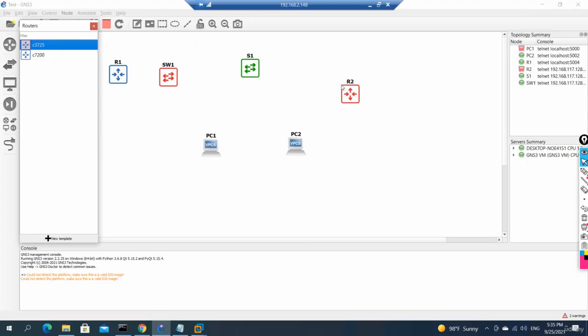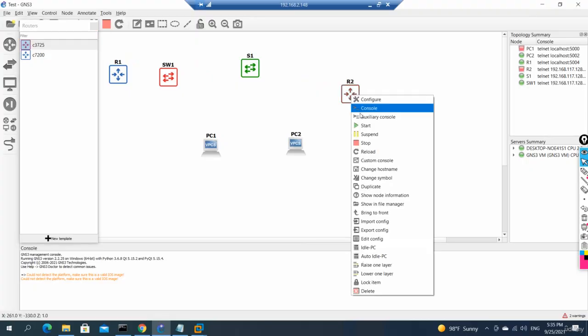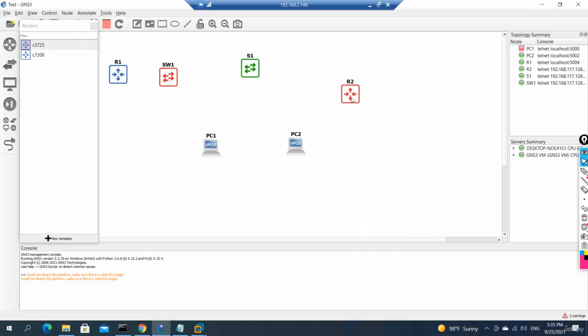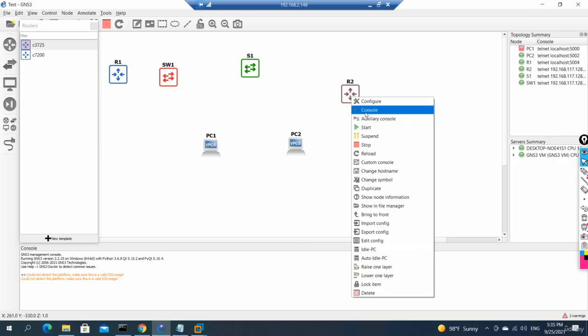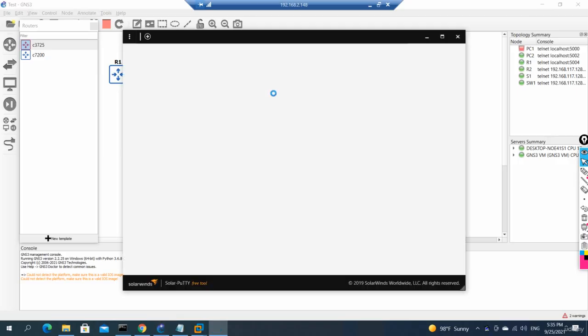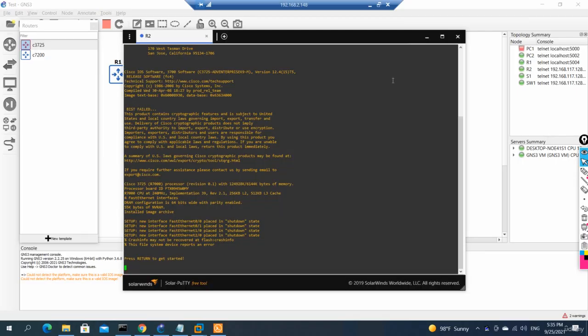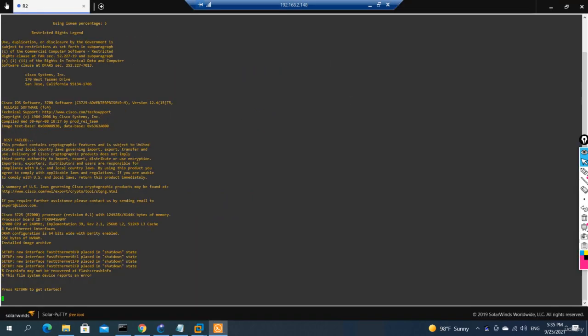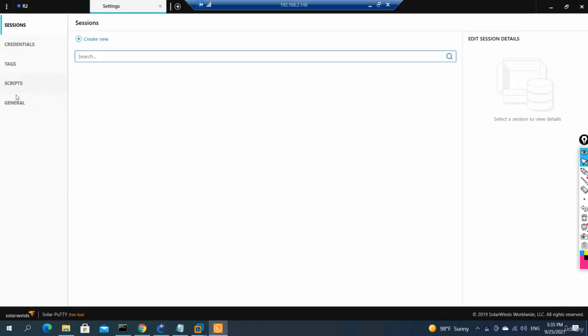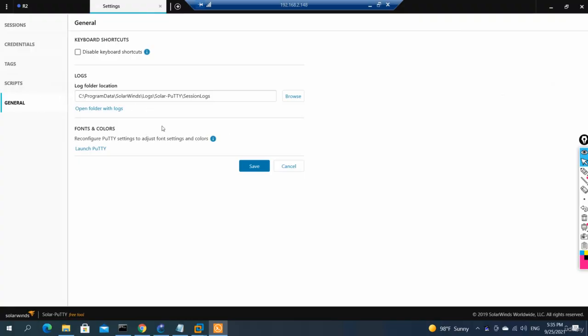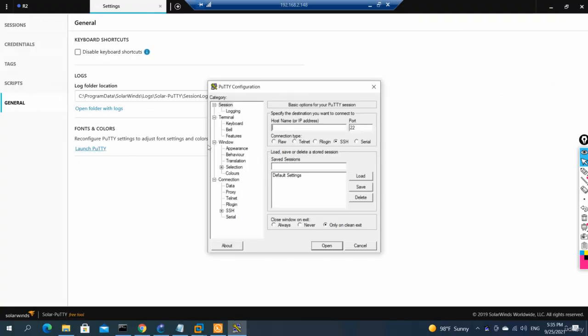I will drag it here, it is coming with the R name, and we will start this device, and then we will take the console of this device. So now the console is coming, this one is also OK. Here let's see, try setting general, and then we will say launch putty,